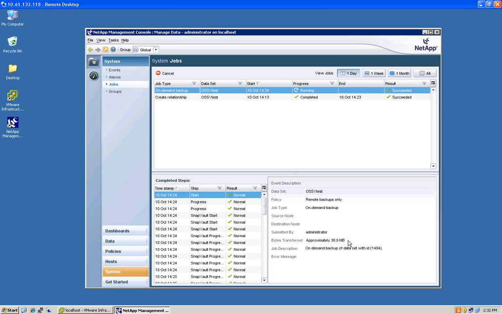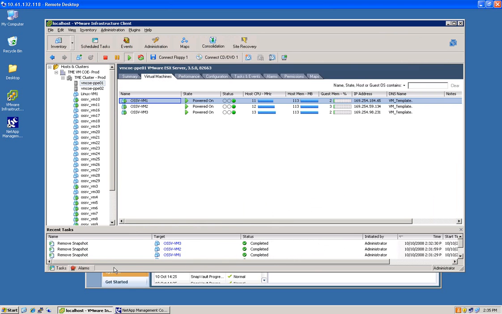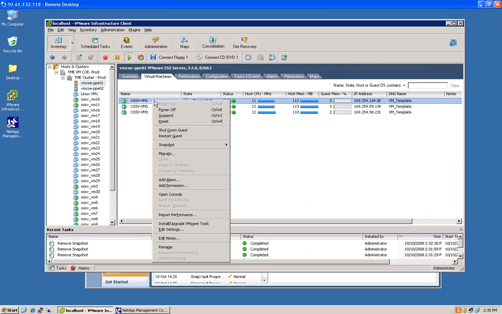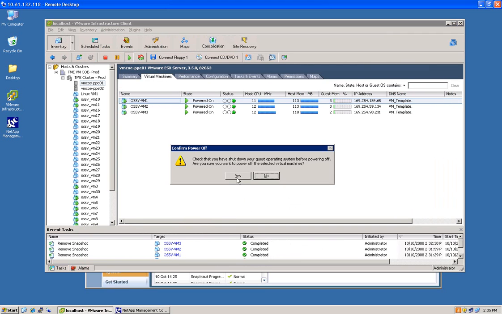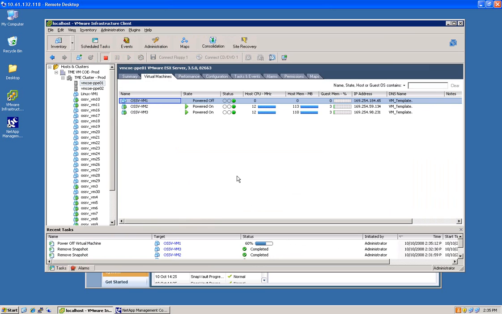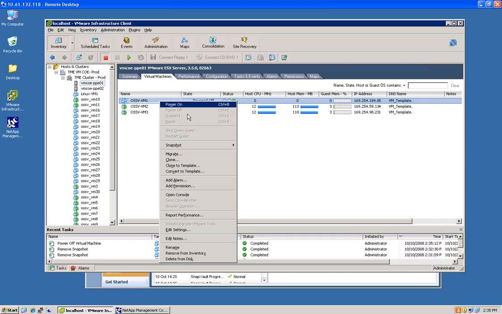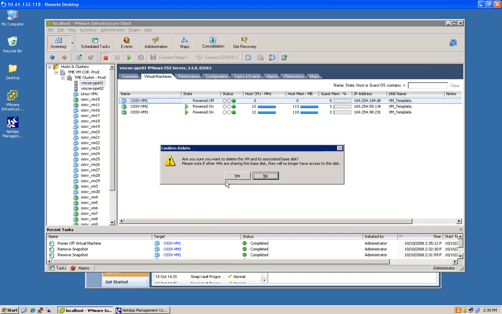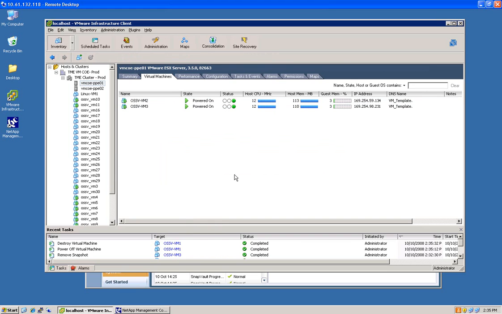Once this incremental completes, and it just did, we'll take a look at recovering a VM back to the ESX server. So let's go into the VI client, power off and delete a virtual machine. So once the VM has been completely destroyed from disk,